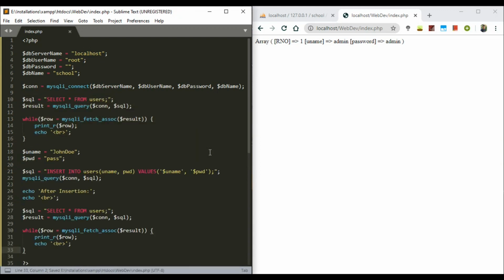In this example, we add select statements before and after inserting data in order to visualize the changes. Here we are inserting the details of a new user called John Doe. You store these values in variables and substitute those variables in the values part of the insert query. At last, we print the data in the table after inserting. Let's now check it out.